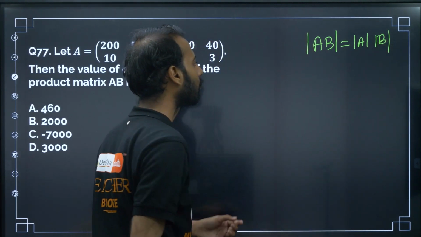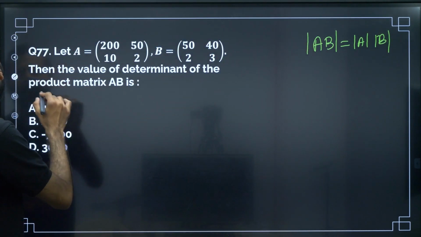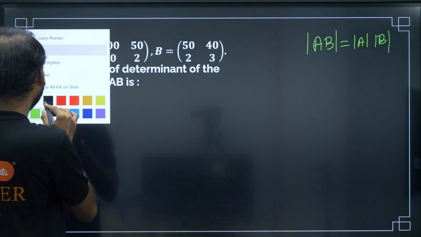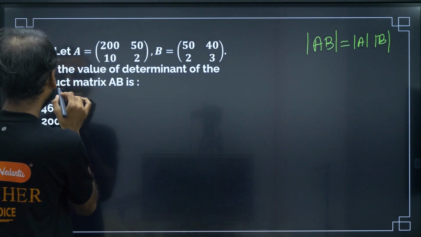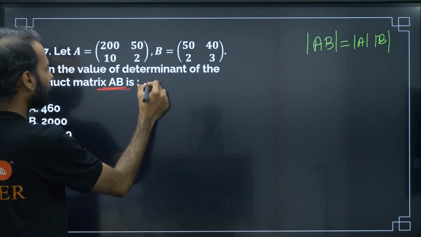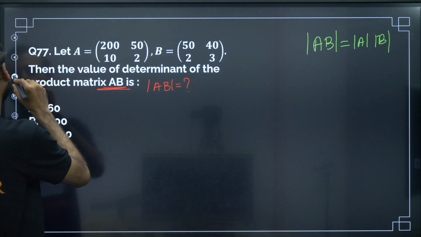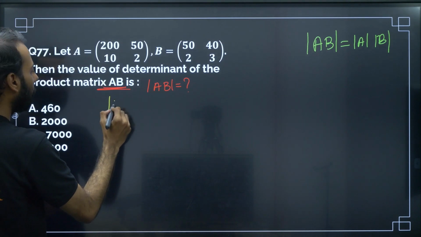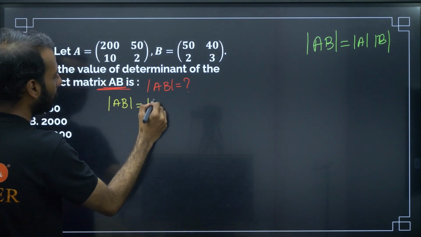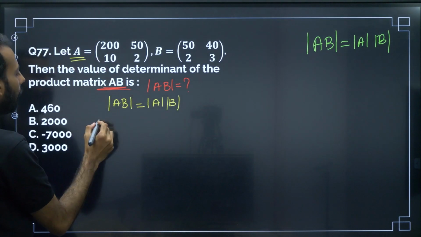Properties of determinant you should be knowing. In properties of determinant they will teach all this. So just find what they are asking. Here they are asking to find the determinant of the product matrix AB. So AB is equal to what? So for this, what I'll write, AB is equal to det A, det B. That means for this A